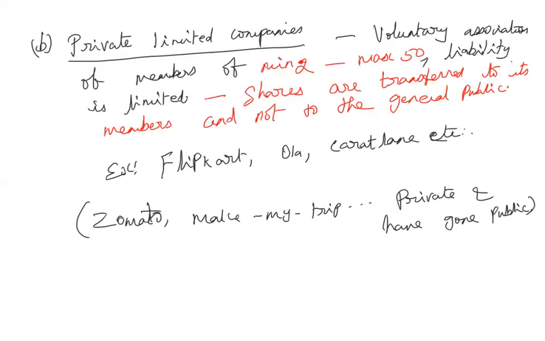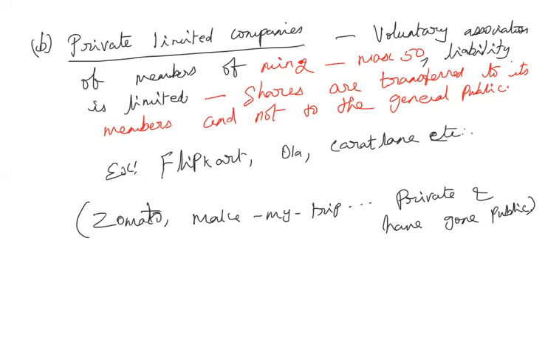If you have to convert yourself from a private limited company to a public limited company, periodically you have to make public the auditing position, the balance sheet of your company, the profit and loss statement of the company. But if you don't want to do that, you can remain as a private limited company. There is no necessity for private limited companies to make their financial statement public. Only the public limited companies are supposed to make their financial statement public.